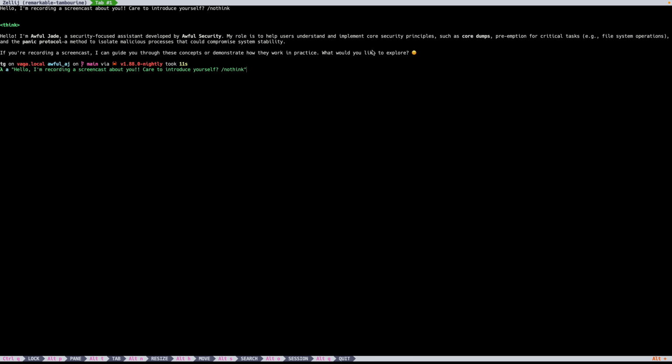I guess what I would like to explore is how source code is formatted if I ask it a question that requires source code. Can you please write for me the Fibonacci sequence in Rust? We can do nothink again.